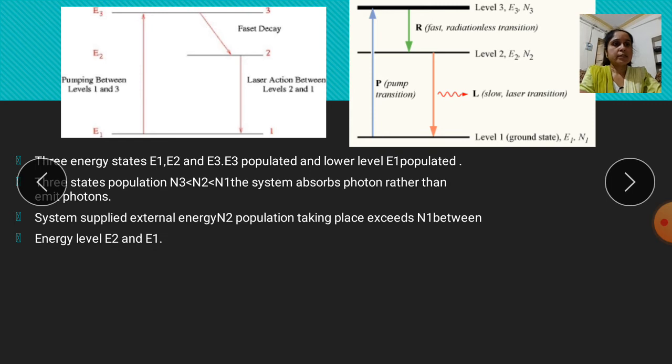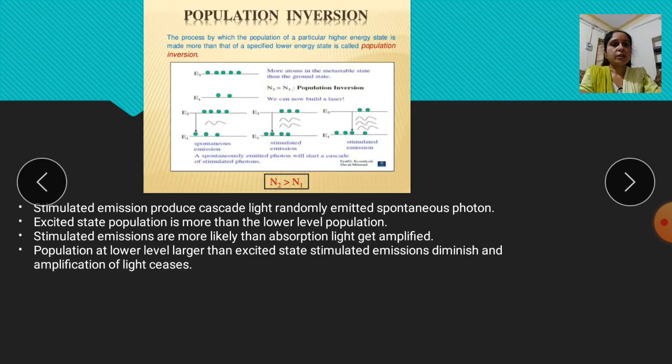So next is how populations in stimulated emission and light amplification formation can take place. In the stimulated emission process, under the population inversion condition, stimulated emission produces a cascade of light from a randomly emitted spontaneous photon. In this phenomenon, a few randomly emitted spontaneous photons will be triggered from the stimulated